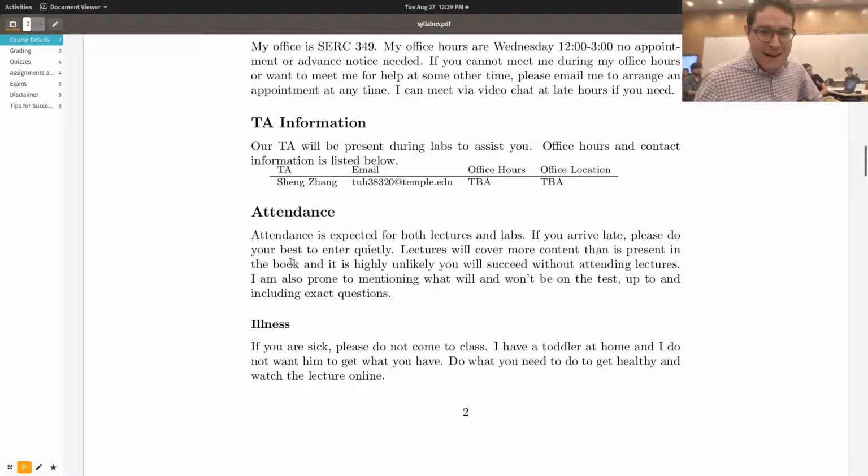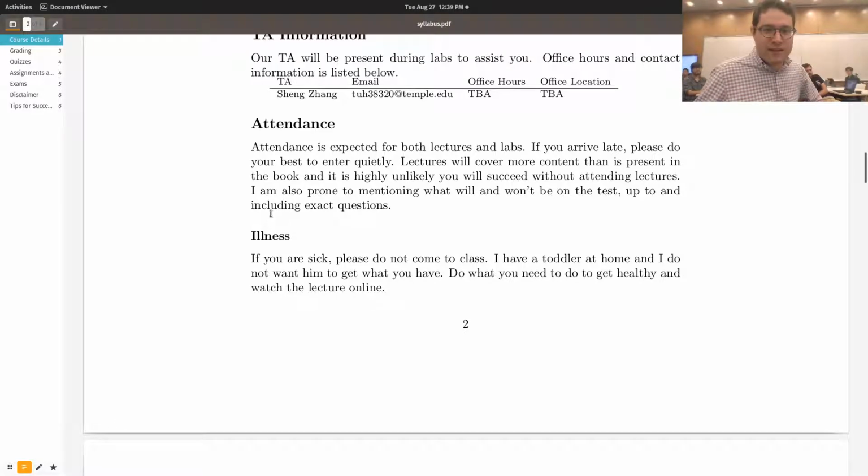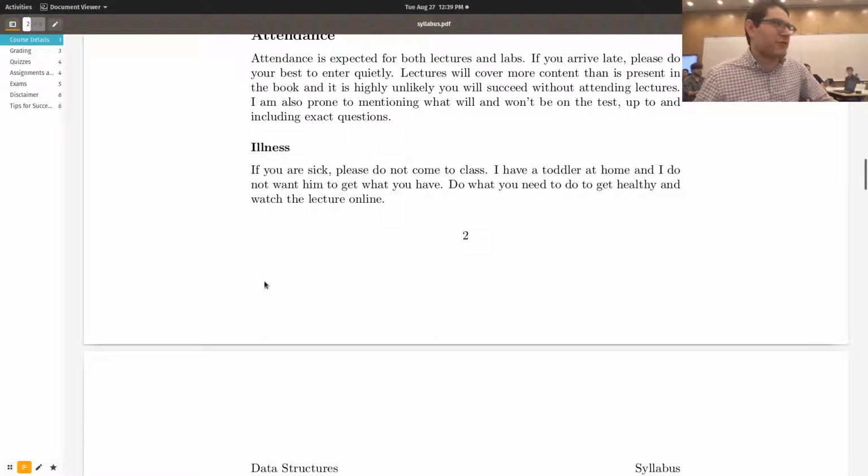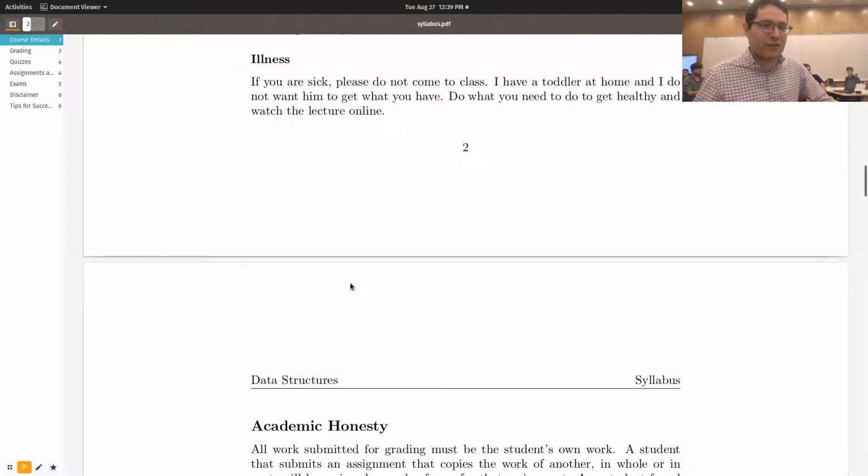Attendance: I do expect you to be here because we'll be giving quizzes out in the labs and lectures. They're going to be short and have very little impact on your grade. They're a combination of participation as well as actual quiz. You'll see that there will be freebie questions that are just there to say, I took the quiz.